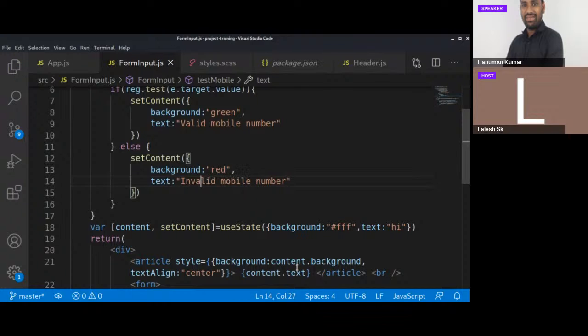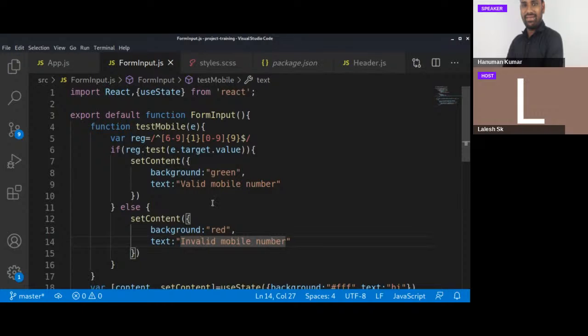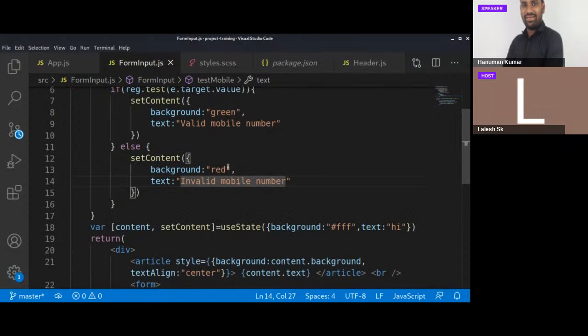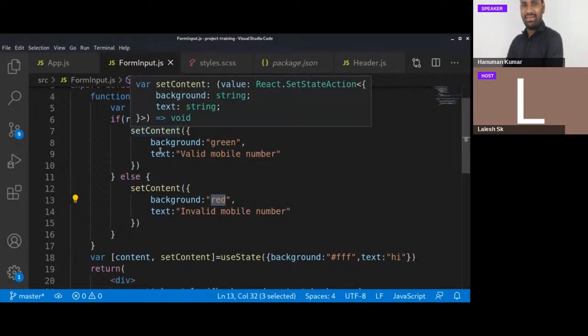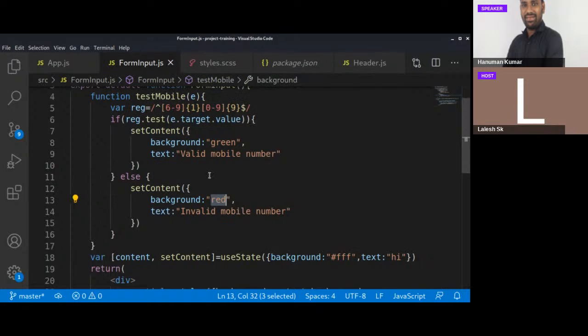So we are just changing the background and the text, because we already implemented that in the destructure mechanism. By default we have the high text, so based on the matching criteria we are changing that. Similarly, by default we have hash triple f as the background color. Here we are changing that to green when the test condition matches. And similarly, we can change that into red because we have to observe the else part also, that is not matching. So let me save this and execute in the browser